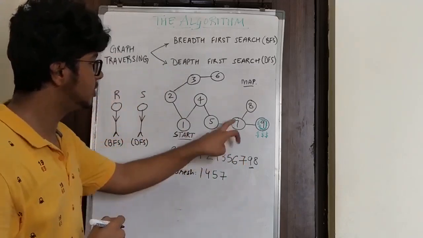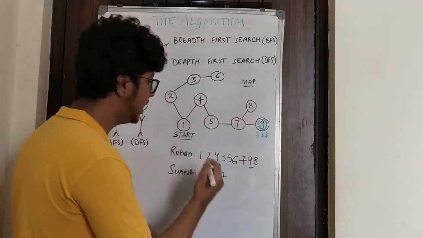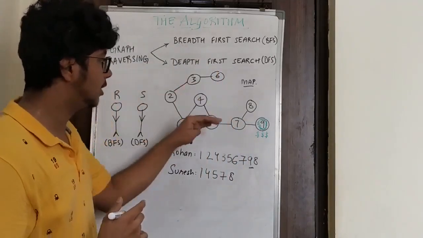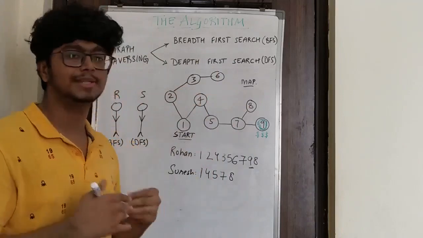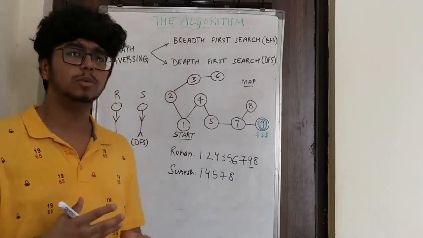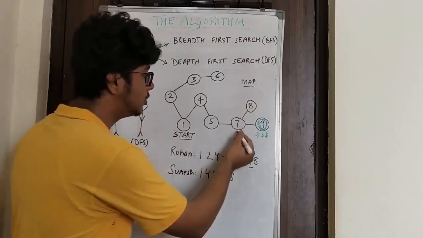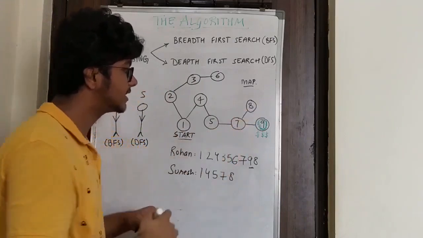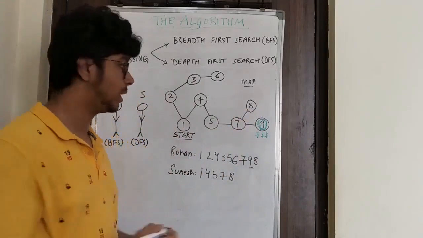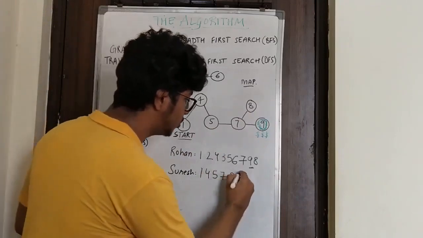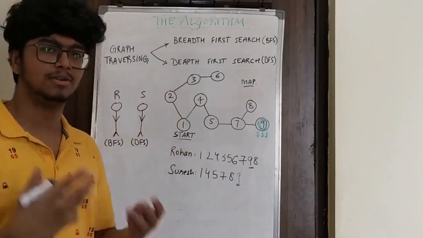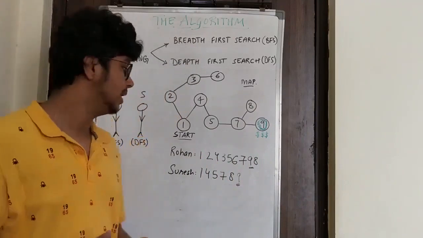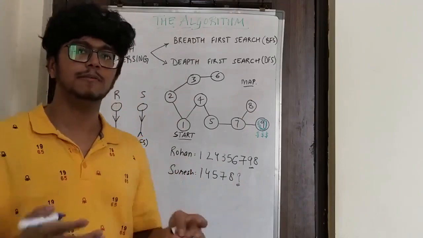Okay, now again, 7 has 2 nodes, right? So say for example, Suresh chose node 8. Now there is a problem because in this particular path, the last node is 8 and he's still not found his target, right? Now what he would do is he would move one step behind and he would move to node 7. After exploring node 8, there is nothing. So he moves one step back and he explores node 7. Now again, node 7 has one thing left, right? Node 9. So he explores node 9 and voila, he gets the treasure. So this is the treasure he found. So both of them find the treasure, right? But the way they are approaching the treasure is different.